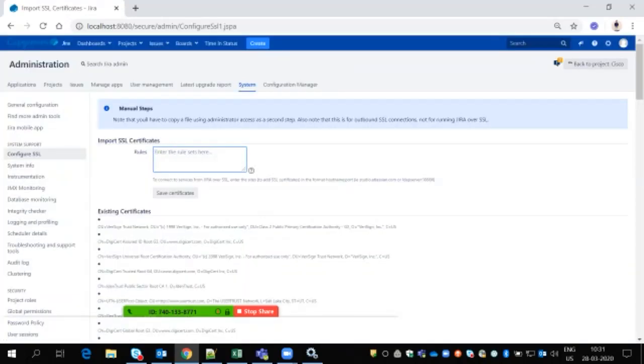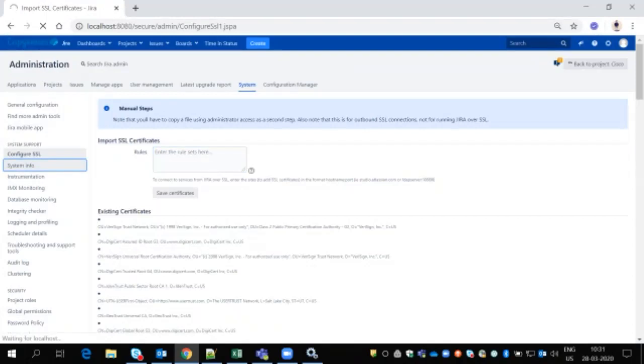In System info, we can capture all the details about that instance, which database we are using, where the installation directory and application directory are, and all the things.